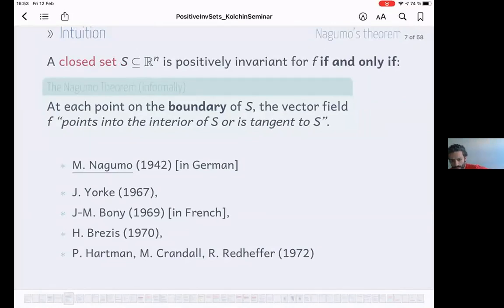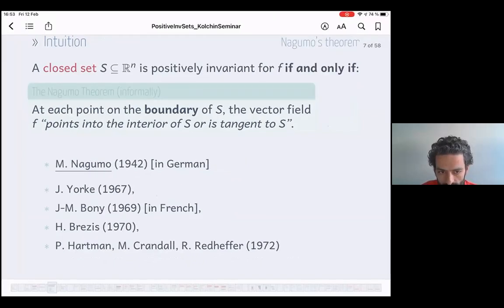What I'm going to present here is not the only characterization we know about positively invariant sets. The subject is quite old. And the first theorem, up to our knowledge, that I can mention here is one characterization for positively invariant sets when the set S is a closed set. This is known as the Nagumo theorem. It dates back to 42. And intuitively, it says that if at each point on the boundary of S, the vector field is pointing inside the set S,